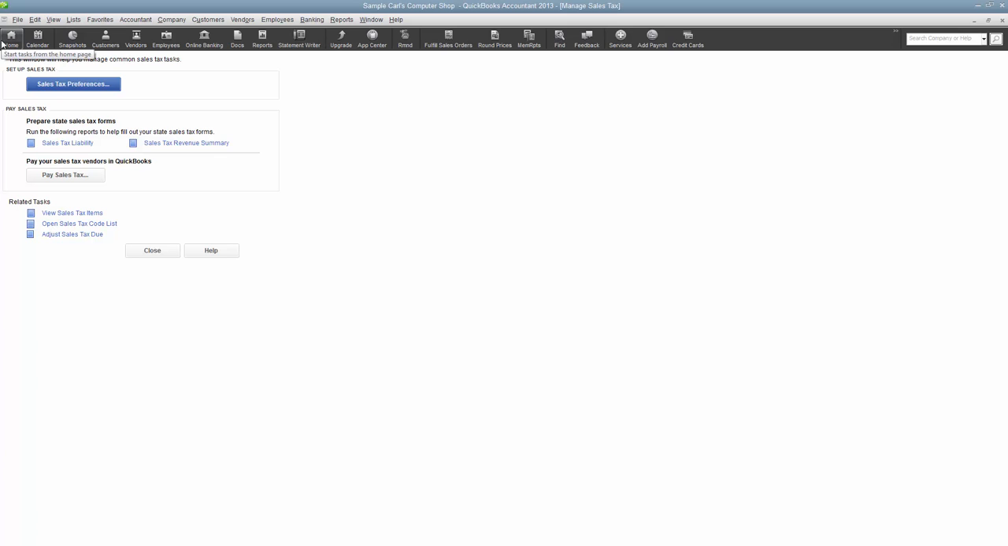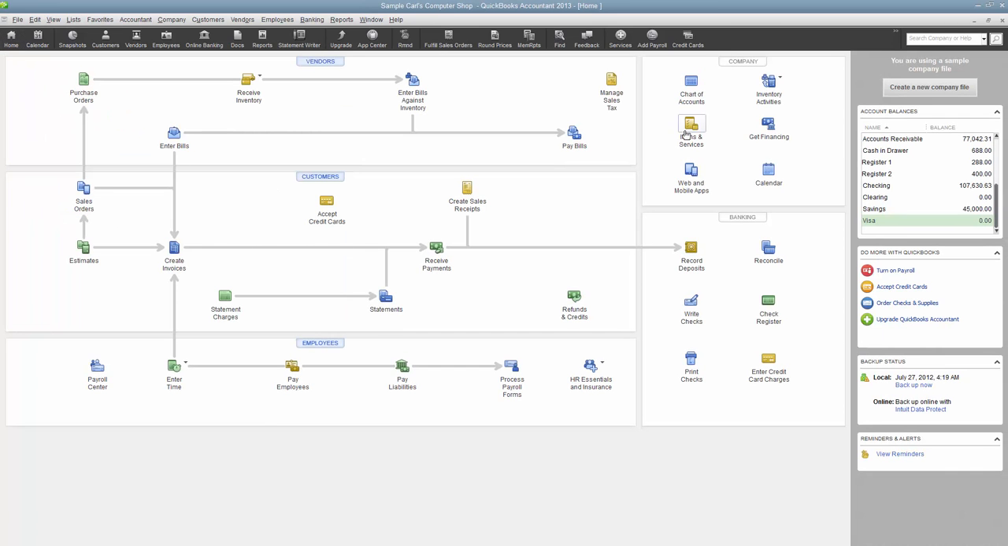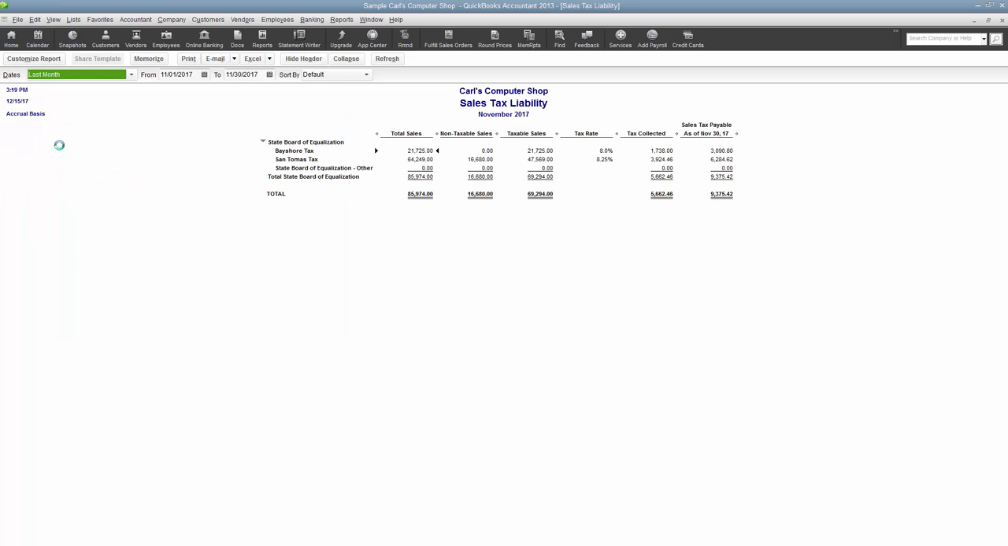So at the end of the month or quarter or whenever your sales tax is due, you go over here and you do manage sales tax. And it wants you to run a couple of reports. This is our sales tax report. This says this was our total sales. This amount was non-taxable, for whatever reason. So if you take this number minus this number, you get taxable sales. We have two different sales tax rates. So we have tax collected,